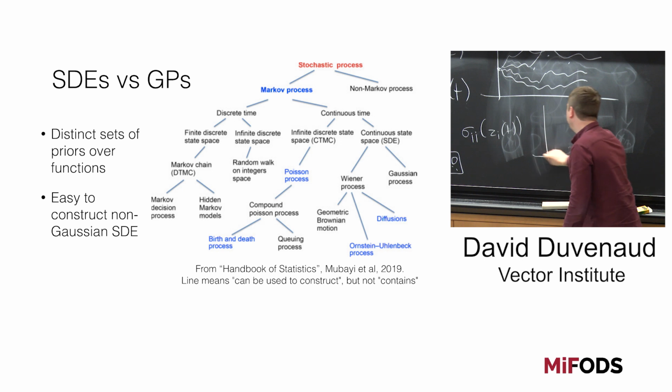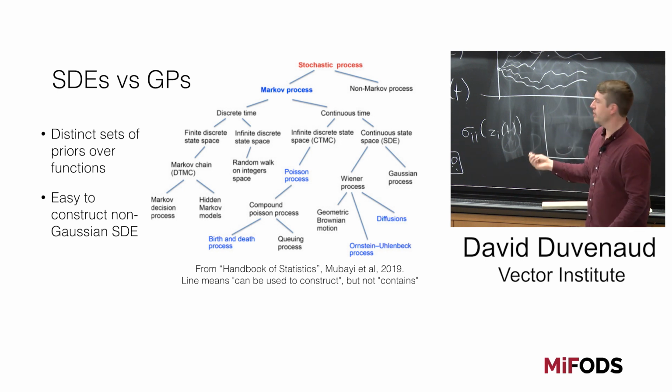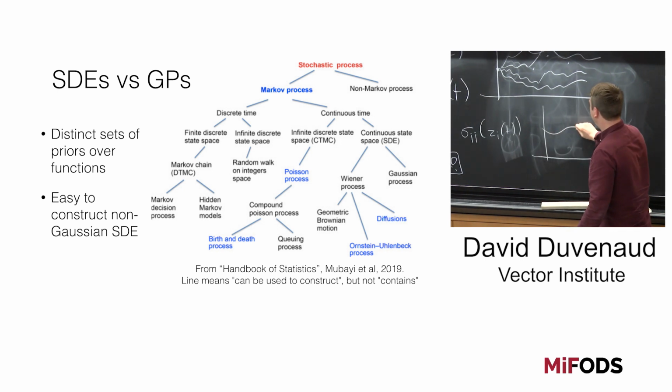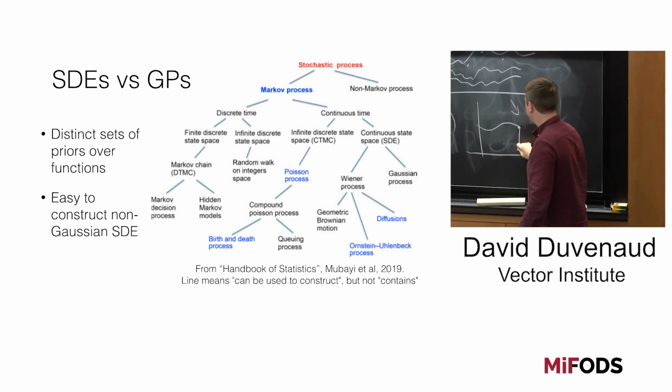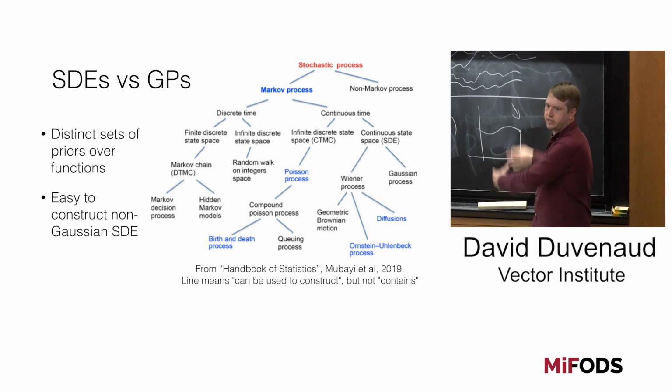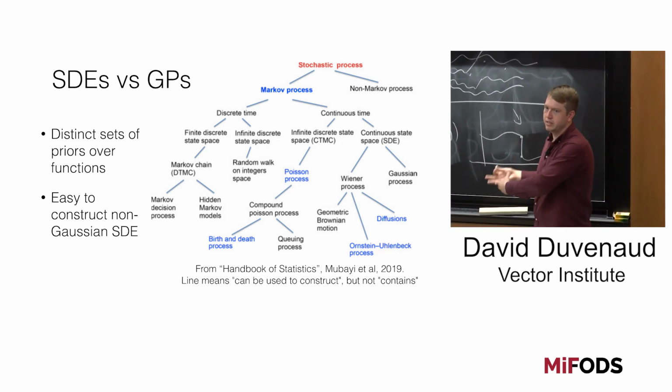And another thing I'll say is that it's clearly very natural for me to model an intervention where I have some patient's trajectory, and then I give them a drug or an injection or a shock, and I think that their state changed a lot in that second. I can definitely do that in this framework very easily. I don't really know how to do that in a GP framework.